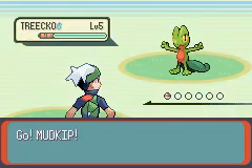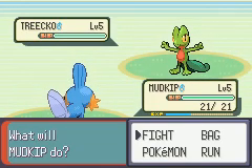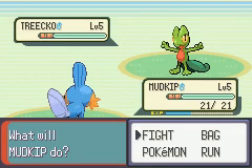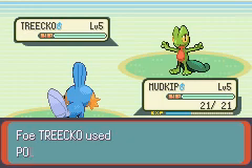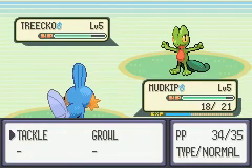Okay, so May has a Treecko. Your opponent will always have the better Pokemon. If you're a fire type, they will have a water type. They will always have the good Pokemon that can take you down easily. Pound. So keep using